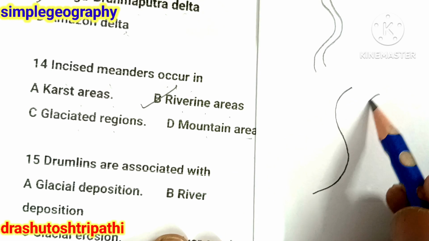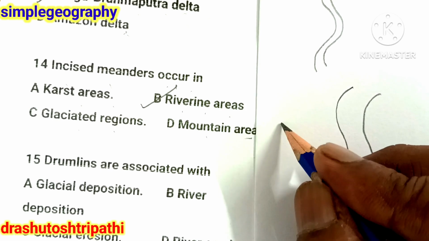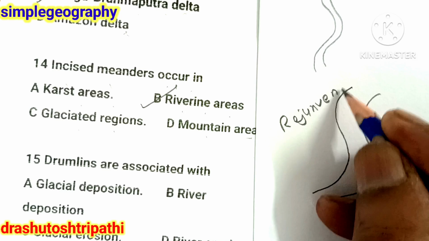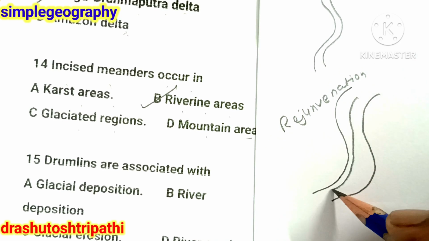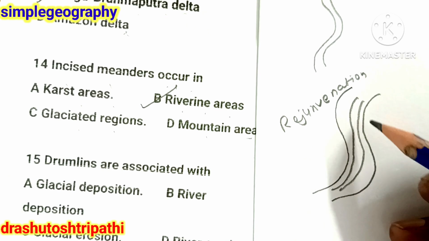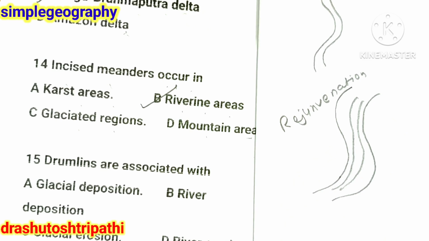Incised meander means, that is the meander, and later on, due to the process of rejuvenation, what happened? A new meander formed inside the early meander. How is it formed, why is it formed? Either it is formed